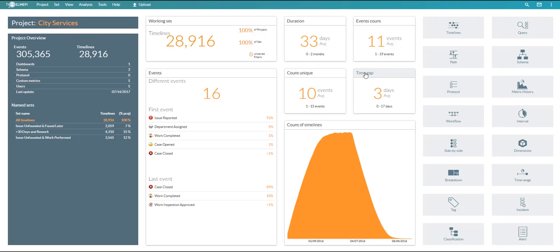We have time gaps where work is not being completed, and also the distribution of the first event to the last event. Essentially, which events most commonly both start and finish our processes. From here, let's move to the timelines view to take a look at the actual paths which the tool has